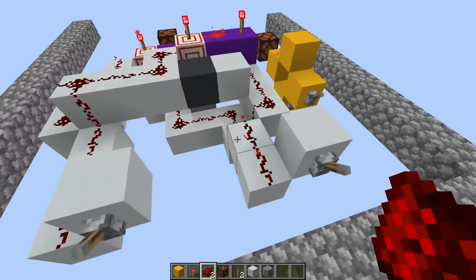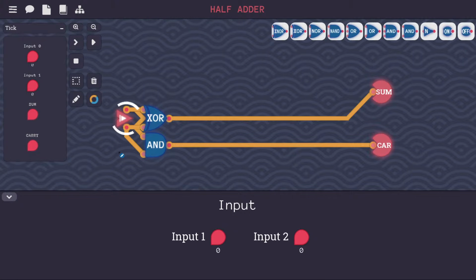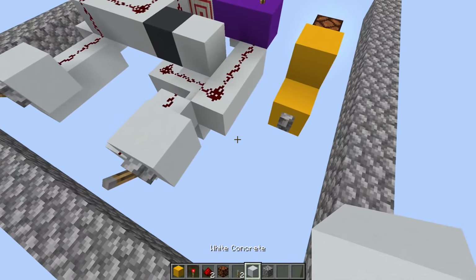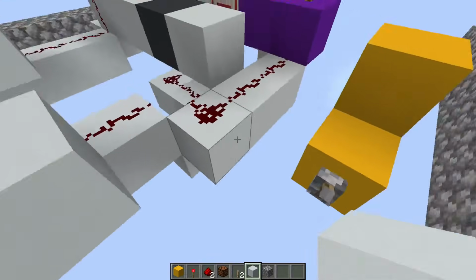Great. So that's functioning. As for the AND, yeah, I think it's one input on each. So let's say this is connected to